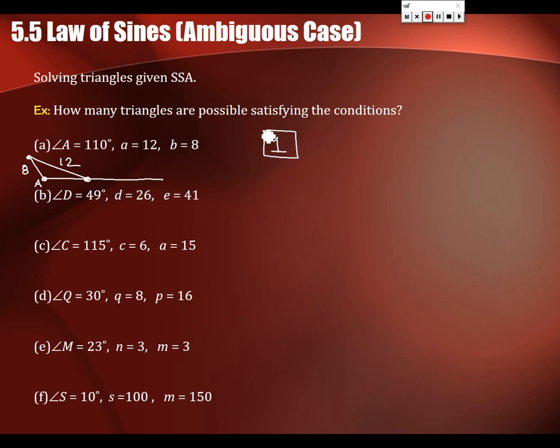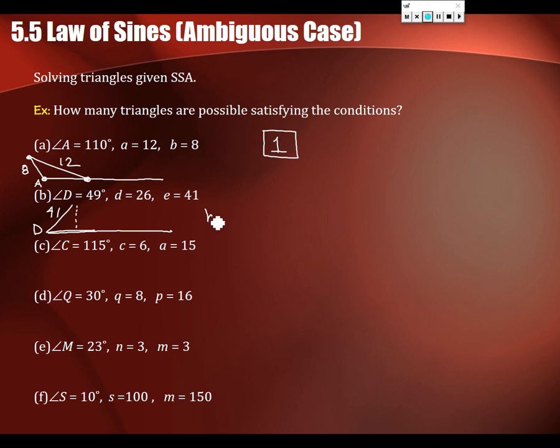What about this one here? We got an acute angle. We might be in dangerous territory here. So here's angle D. It's acute. And side E we're going to put here. Again, we don't know how long this side is. Side E is 41. And now we do have a question in our mind. 26 is shorter than 41, so it's not obvious yet. We do need to calculate the